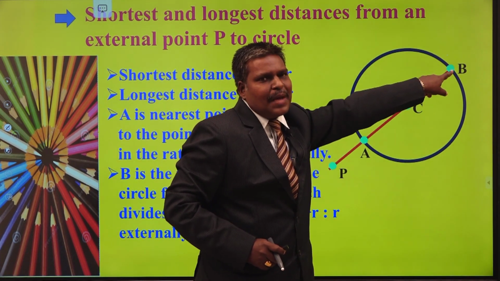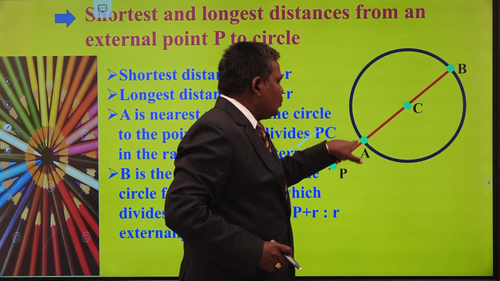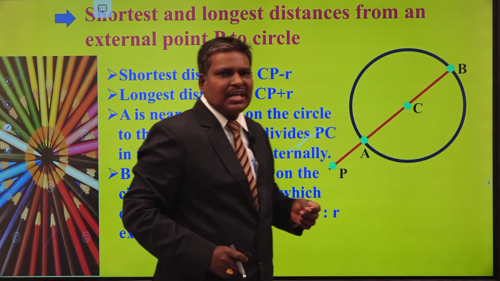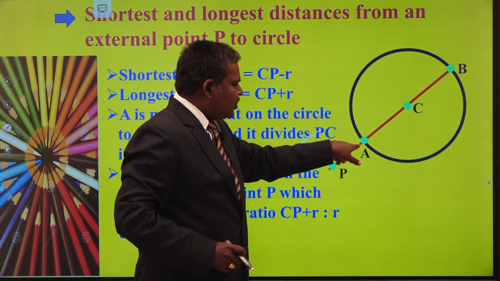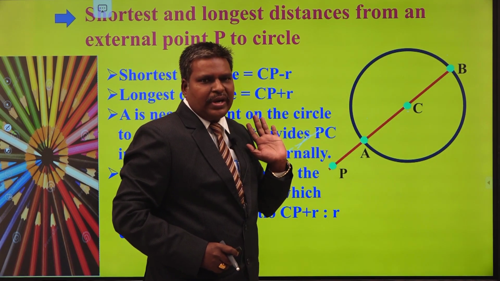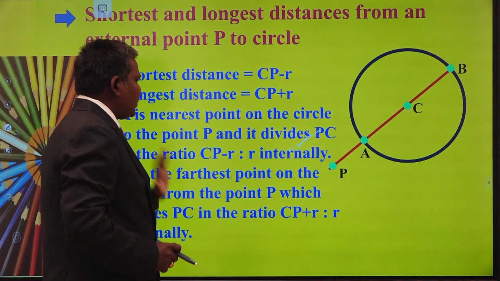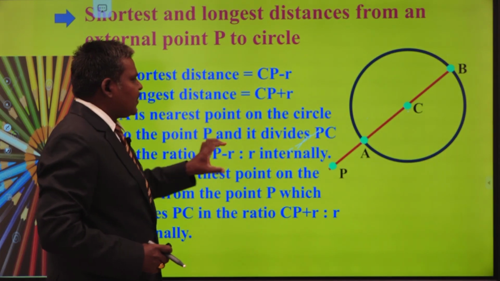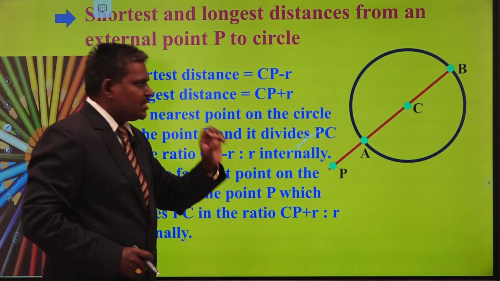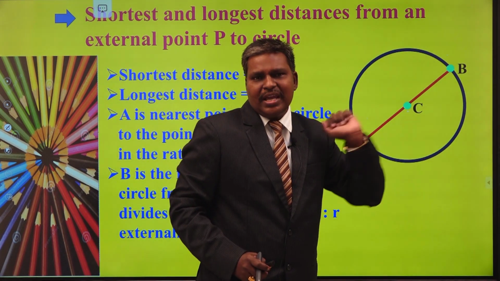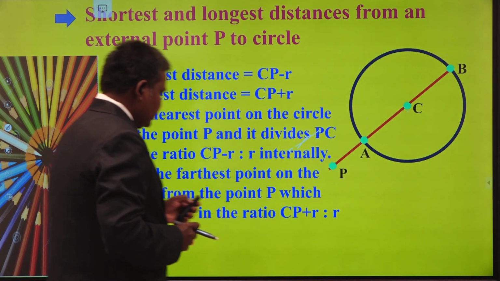it is the extremity of the diameter. You know the center, you know one extremity, can you find the other extremity or not? Without finding CP plus R is to R externally, once you know this point, you can easily find out that point also. Okay, these are the 4 points, my dear students. These are very, very important points to identify the shortest distance, longest distance, nearest point and farthest point to your given point. Okay, next.